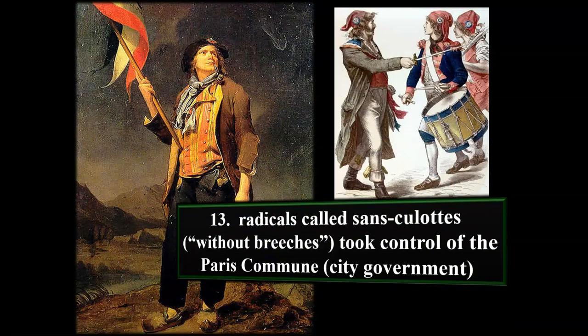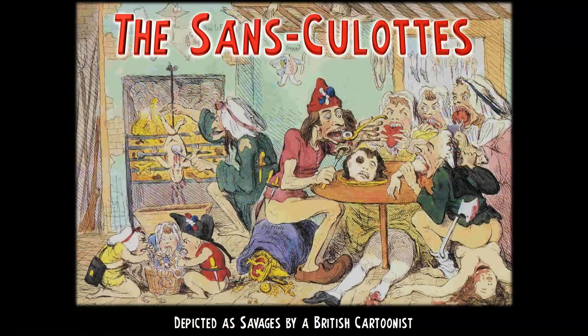So the radicals called the sans-culottes, which means without breeches, take control of the Paris Commune, which was the city government of Paris. And the British,